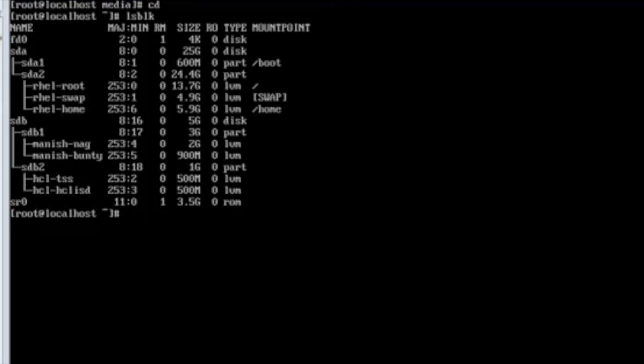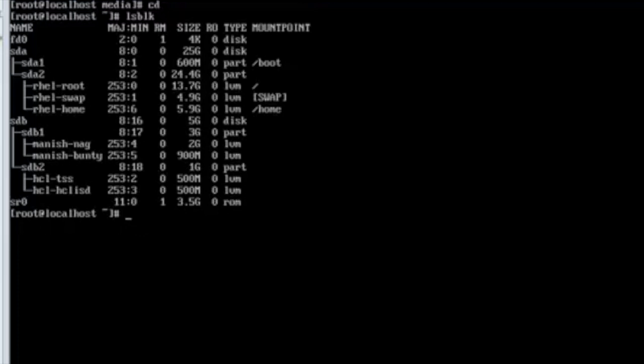Can you please see here that sr0 is the last hard drive that has been placed here, and it is not mounted to any of the partitions or any of the file systems. It is just present here. You can mount it to any folder.